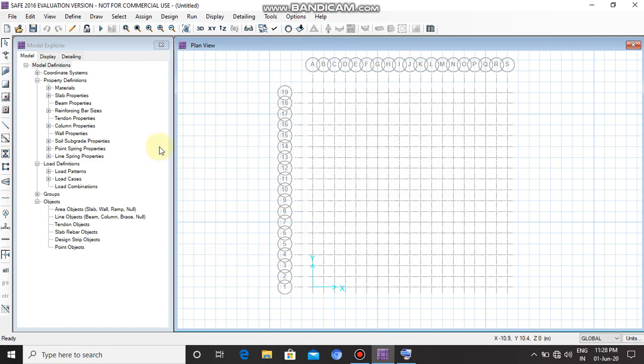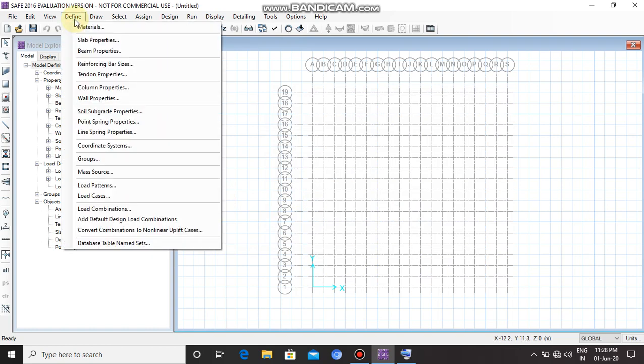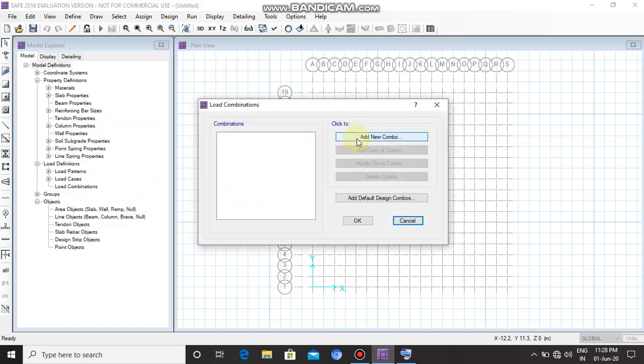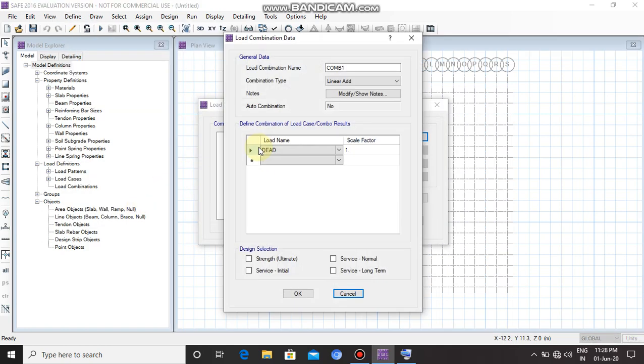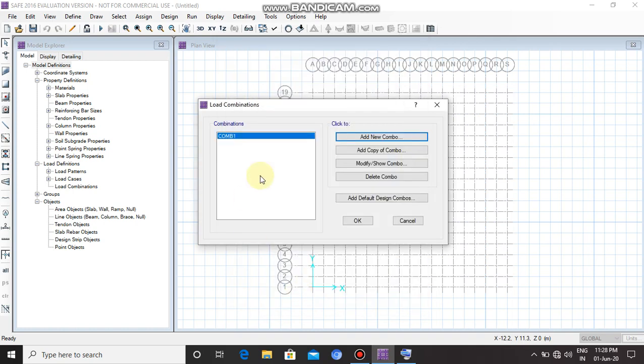And then for load combination, let's go to define load combination, add new combo. Live load 1.5, click on ultimate, then click on OK.